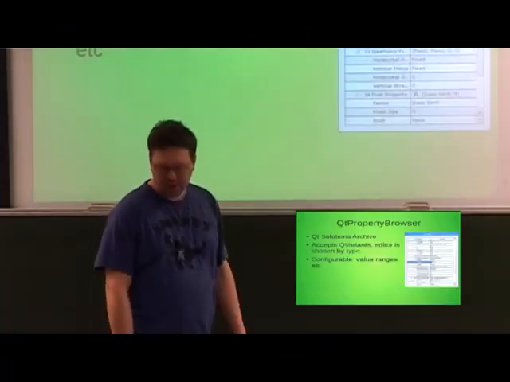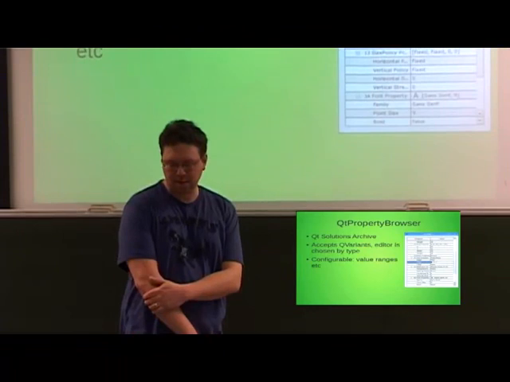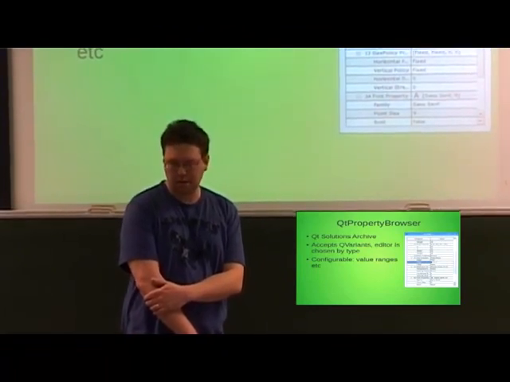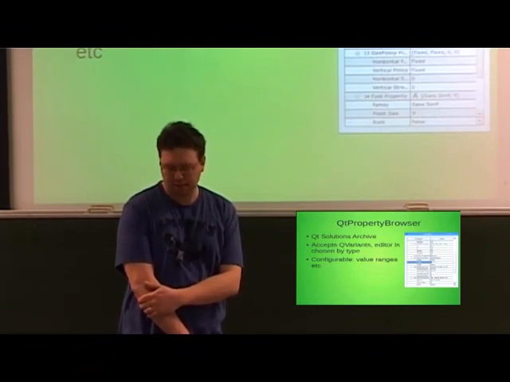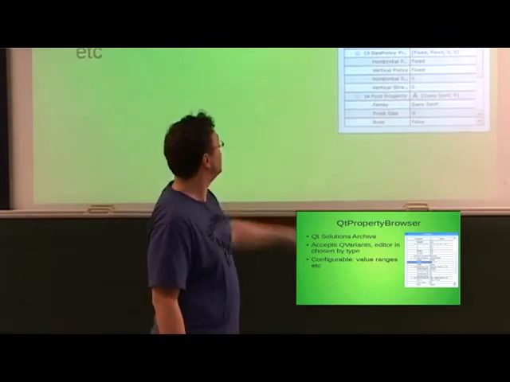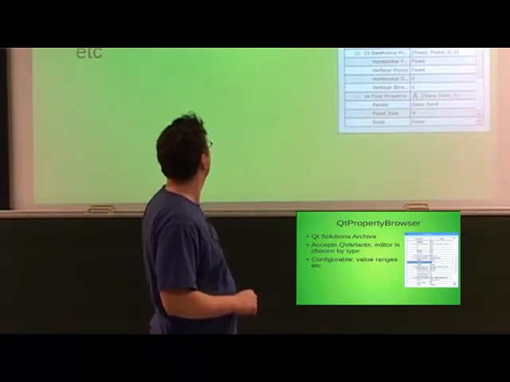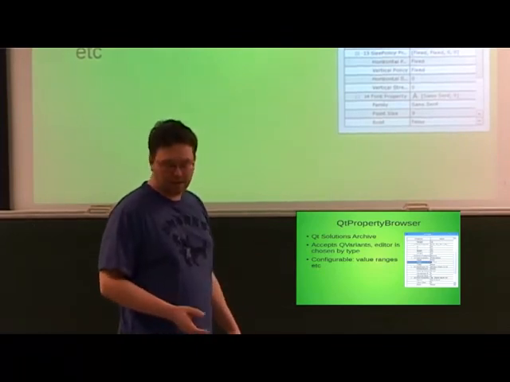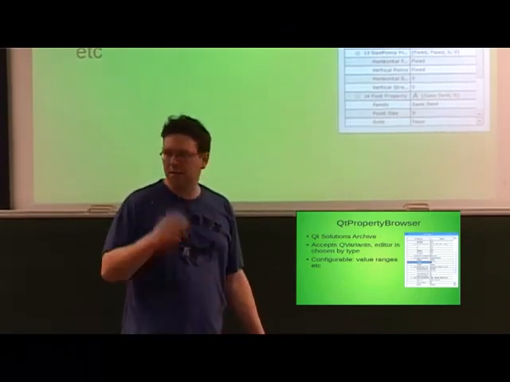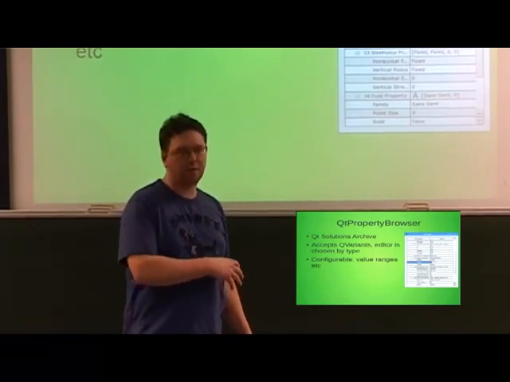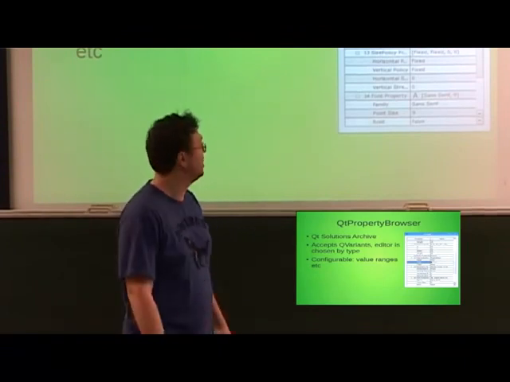And another nice part of Qt, which is actually not part of the Qt main distribution, is the Qt Property Browser. If you ever use the Qt Designer, user interface designer, then you already know that. It's a property browser. You have all these named properties here, and they have different kinds of editors. And you can simply feed that with QVariants. So if you want to make your object visible in the Qt Property Browser, you simply send a QVariantMap